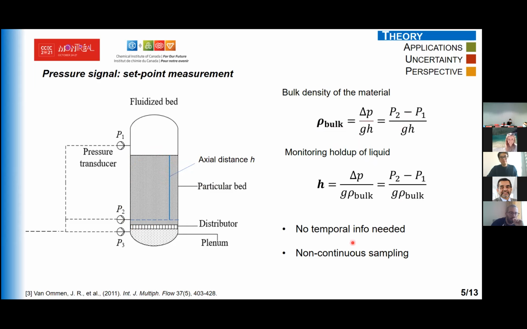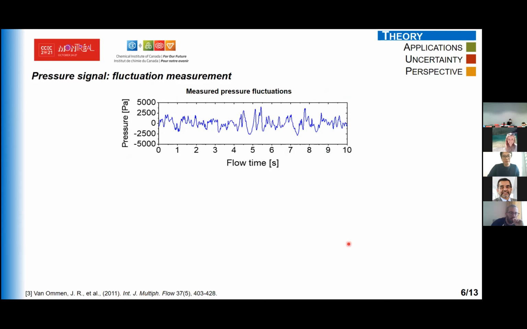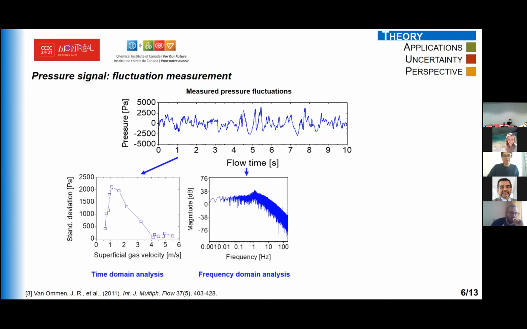Of course, this measurement is not continuous. You can do it per hour, per day, or even per week. It's part of the comprehensive interlock. But when the pressure is sampled at a sufficiently high frequency, the time-resolved pressure fluctuations are more insightful into the hydrodynamics. Typical methods involve